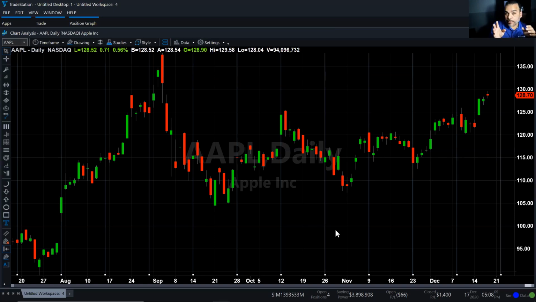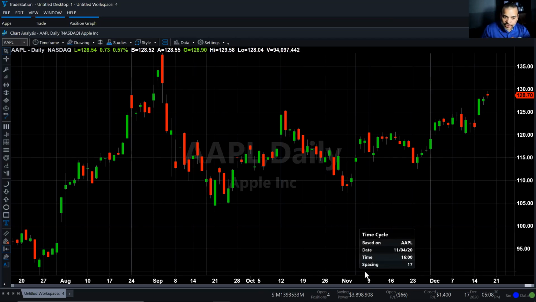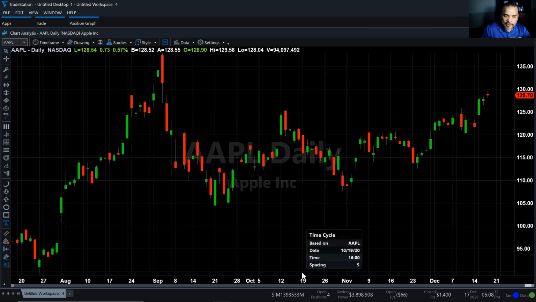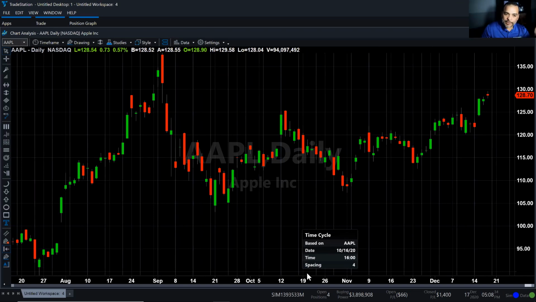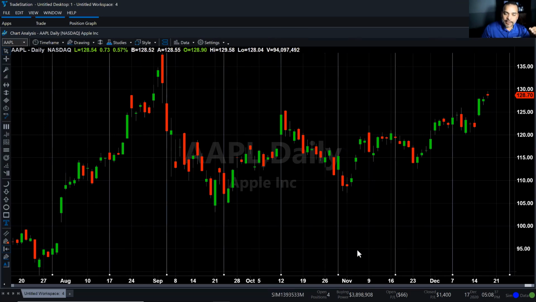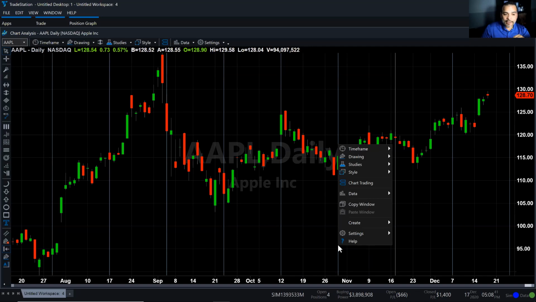So if at any point you want to be alerted whenever you've reached a certain time frame, like it's already been 10 bars, it's already been 20 bars, or let's say, for example, you want that line to fall on every Monday, you can do that by just grabbing one of the knots here at the bottom and adjusting it left or right. If you move it left, you'll be reducing the time span. If you adjust it right, you'll be increasing the time frame. And again, I can right click on the lines,